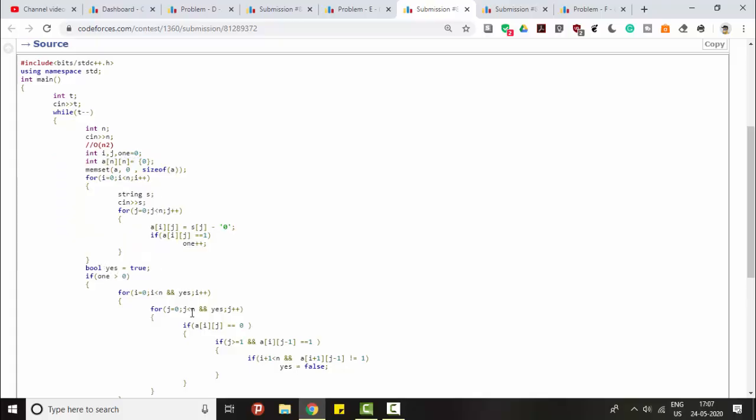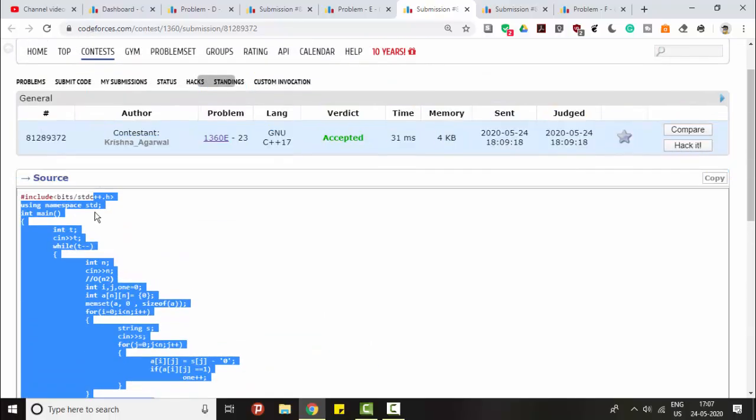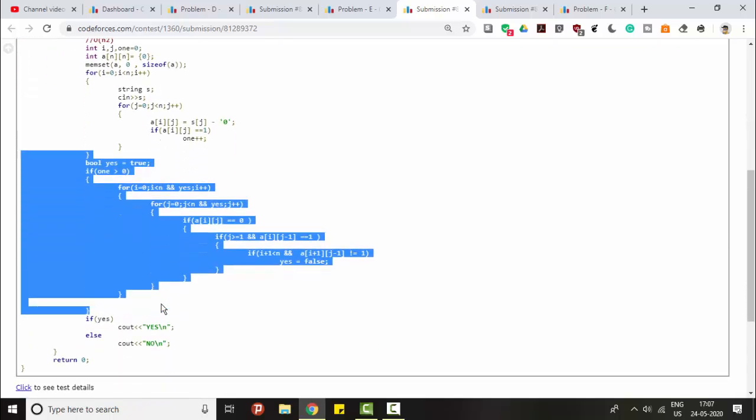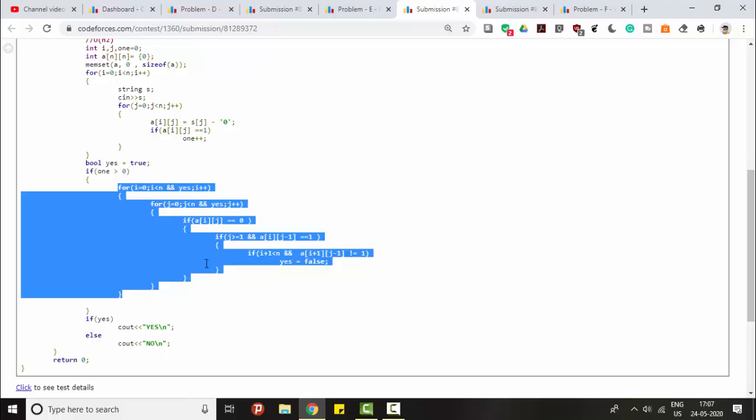So ones means blockages. Okay, so if there are zero blockages, then absolutely it's a valid pattern, right? So regardless of that, I'll print the solution. But otherwise, I'll check if one is positive, then I'll go in the main. This is the main part of the program, and